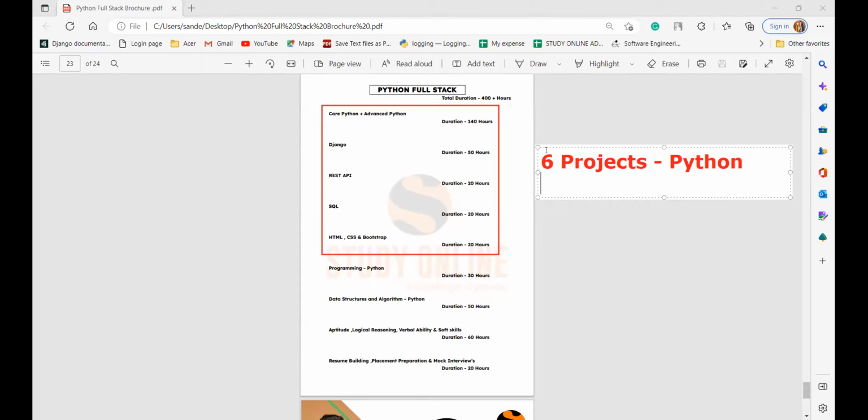Similarly, using Django REST API, 6 real-time projects. Let me reduce the font size. 6 real-time projects using Django, REST API, Python.